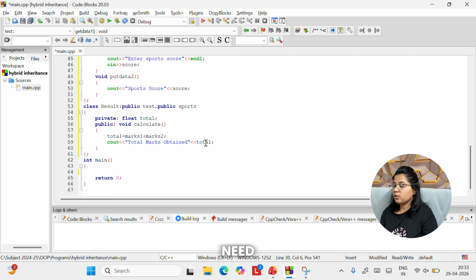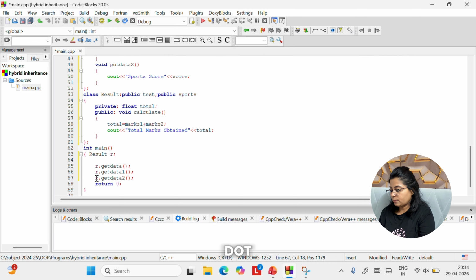First we will ask for the roll number and name, and then R dot get data 1. Okay, we are asking for marks 1, marks 2, and then R dot get data 2. We are asking for the sports score. So here in this formula we need to write score also.